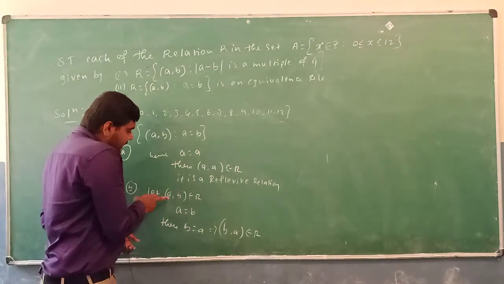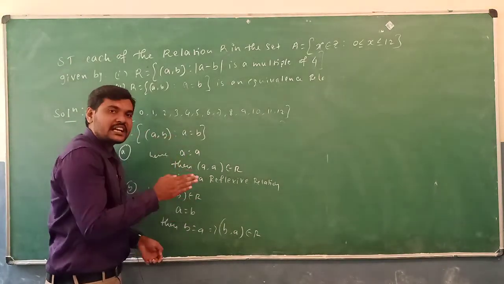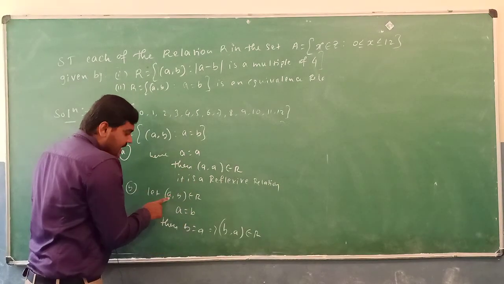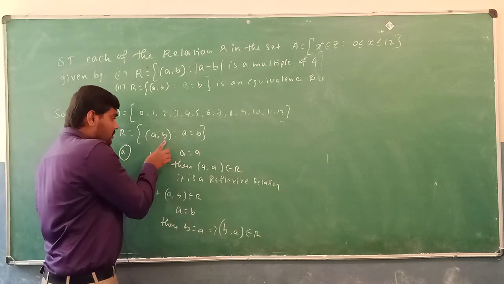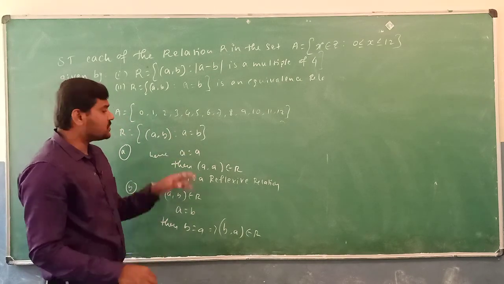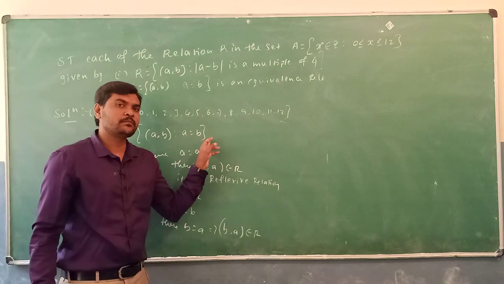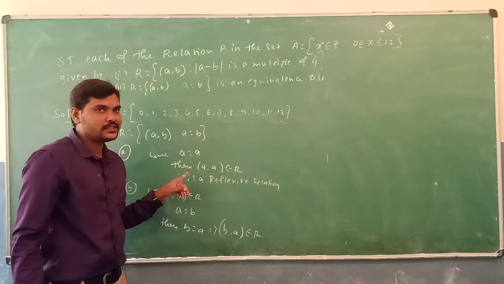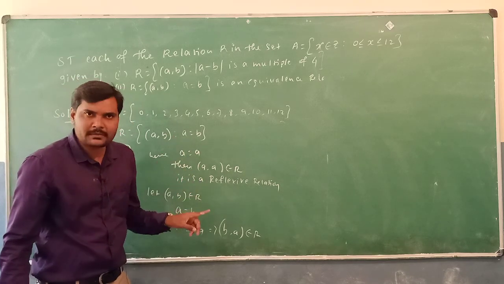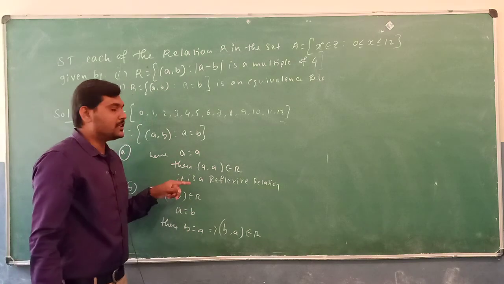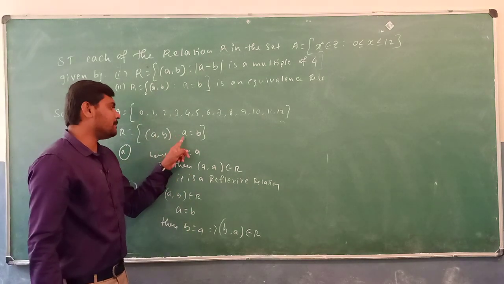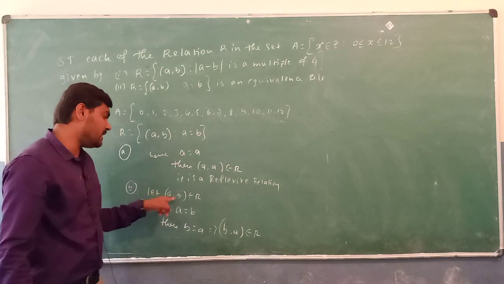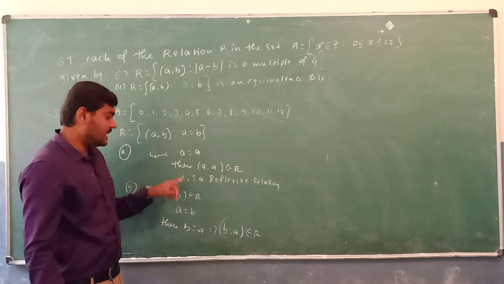Let me explain here. (a, b) belongs to R, because the term (a, b) is present in relation R. Suppose (a, b) is in R, then that relation is going to satisfy a is equal to b. Clear? In that particular relation they have defined an ordered pair (a, b) such that a is equal to b. Suppose this particular pair is present in R, then a is equal to b.